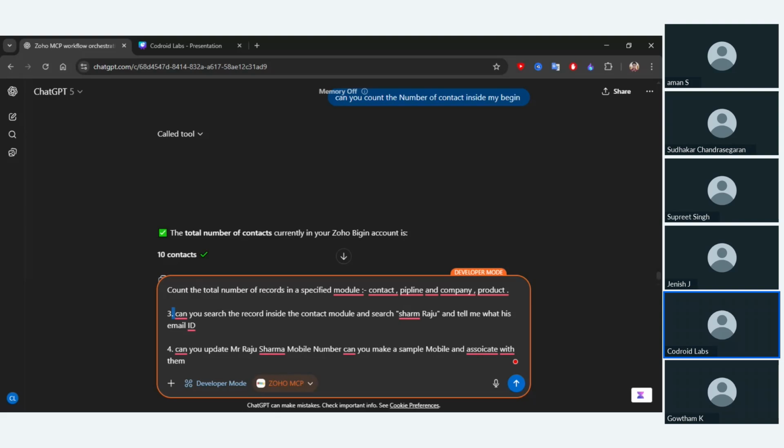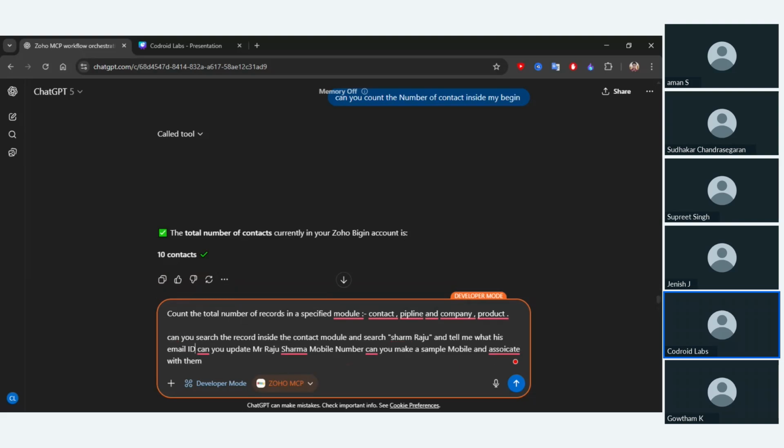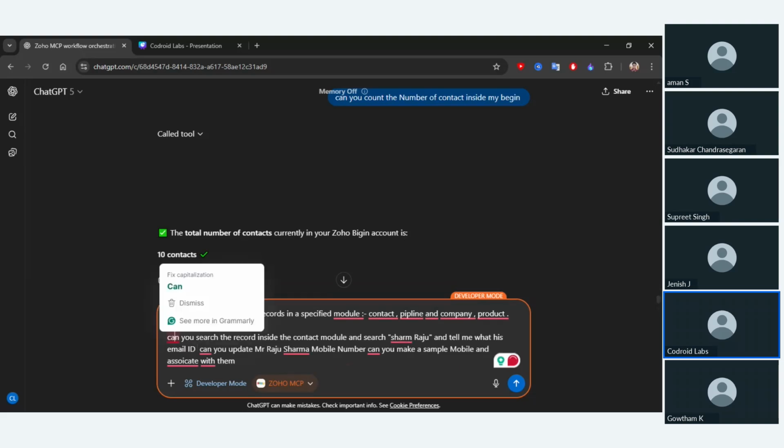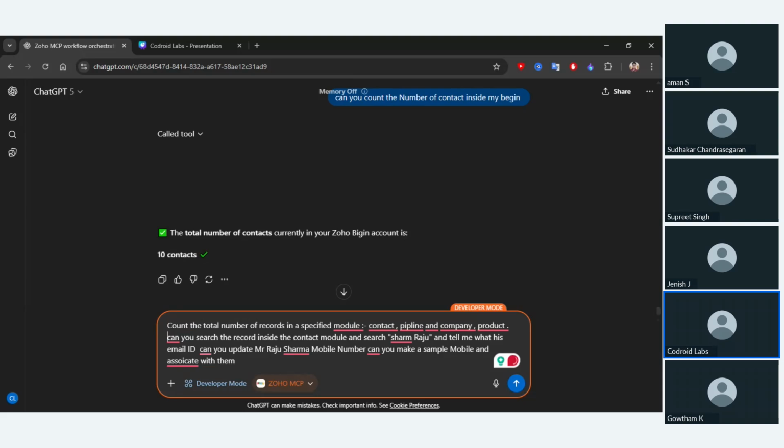This prompt is basically, first it will be counting the total amount of the modules, contacts, and company products inside there, and then after that it will be searching the particular record. Searching the particular record means, suppose you want to search a particular record, and based on that record, we want to update some information.